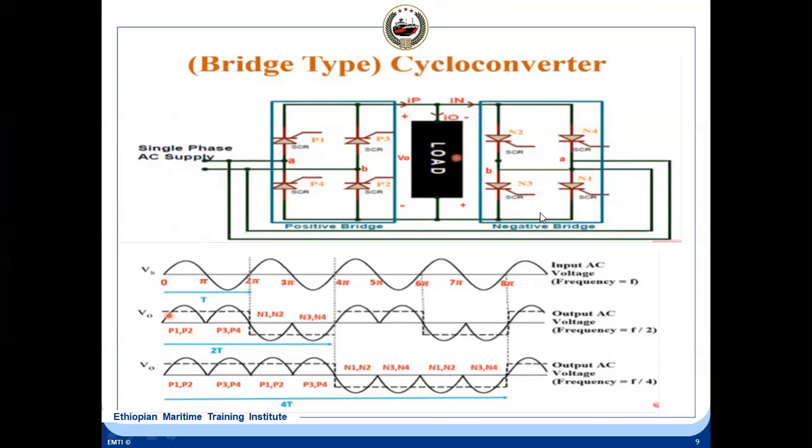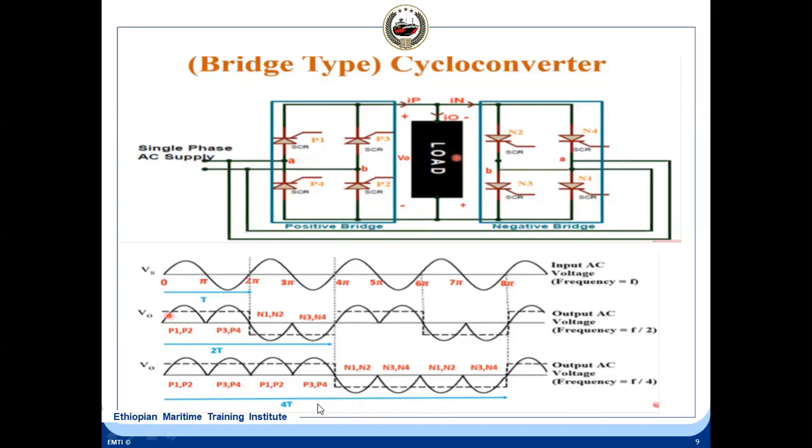Okay, so here this time period is increased. That means T has become 2T in this. So this can become 4T here. Here you see, during one cycle, that is, you are taking two cycles, we are only using the positive bridge, and in the next half cycle we are using the negative bridge.